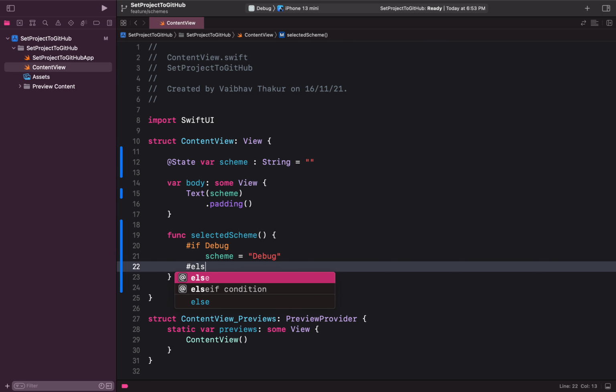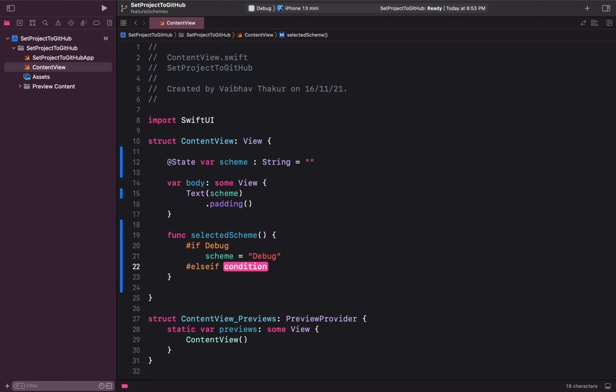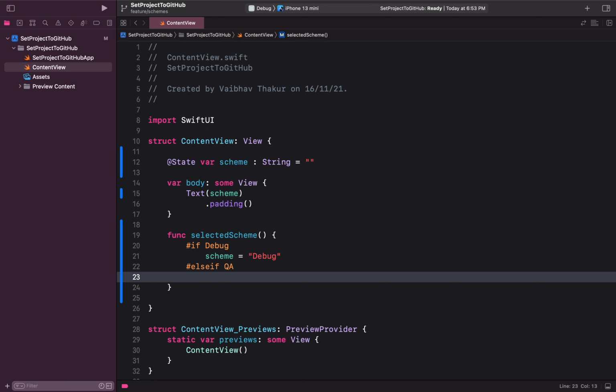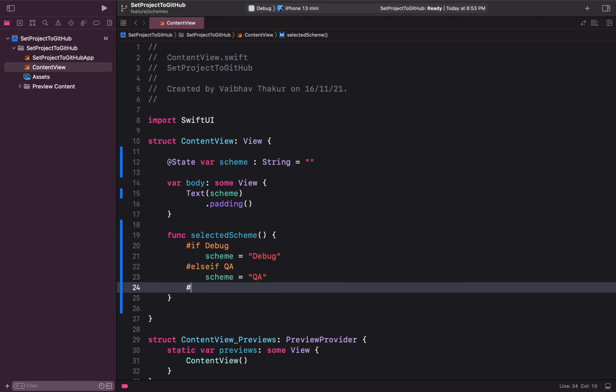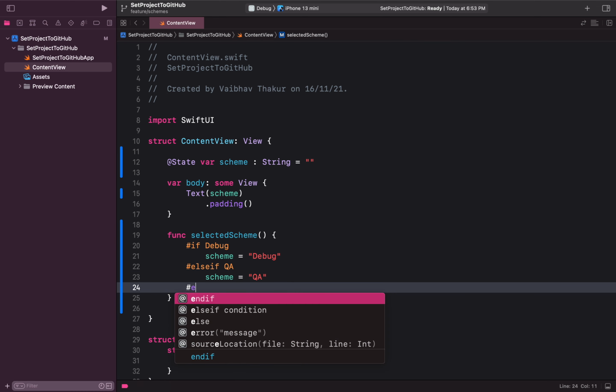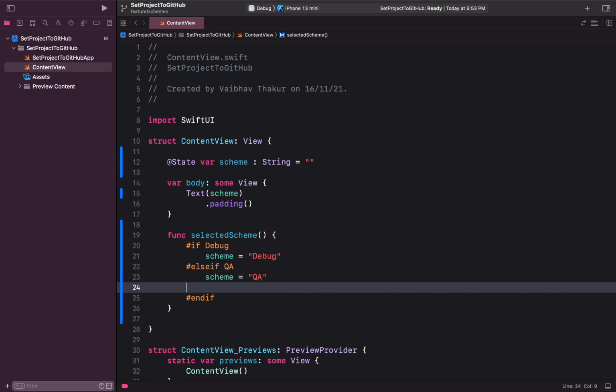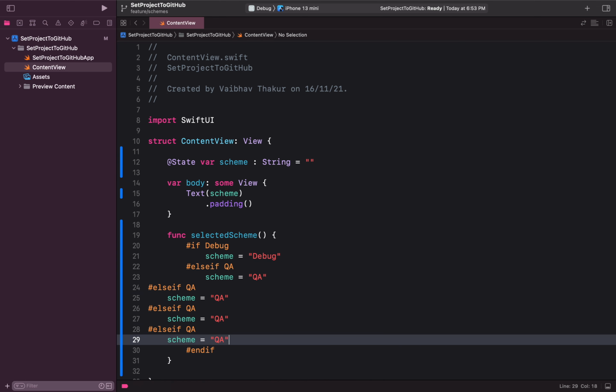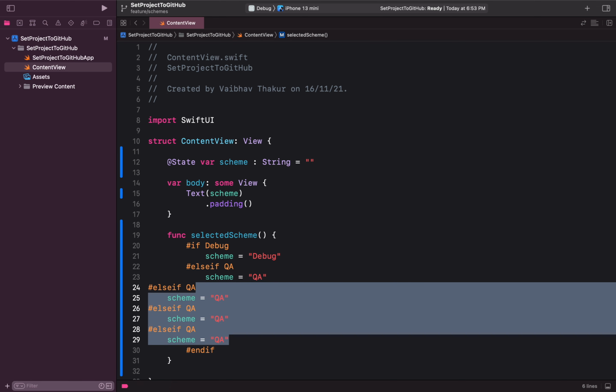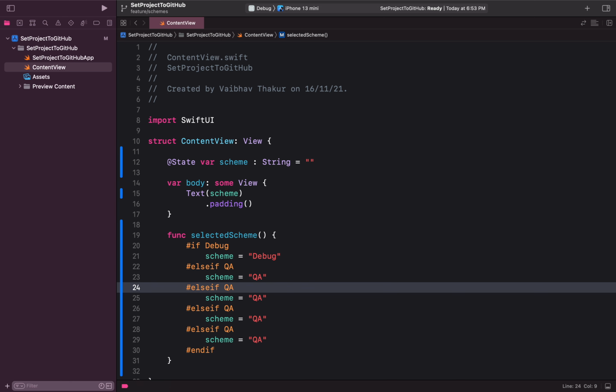Else if the scheme is QA, then change the name of this scheme to something QA, and if. The rest of the things are the same, so I'll just copy this multiple times, and I'll just change to the required thing.